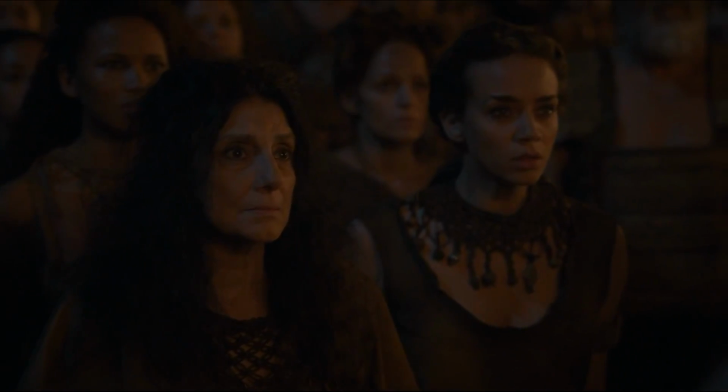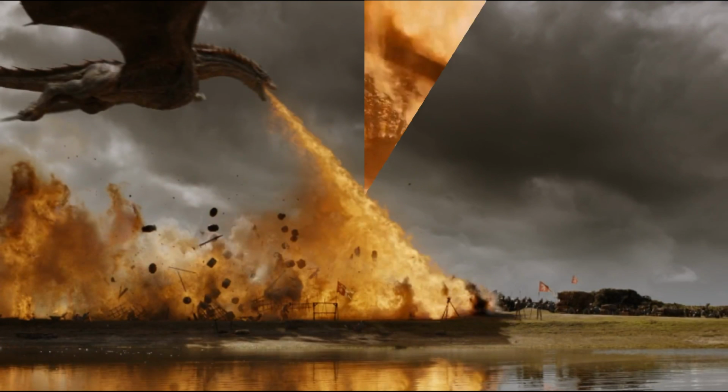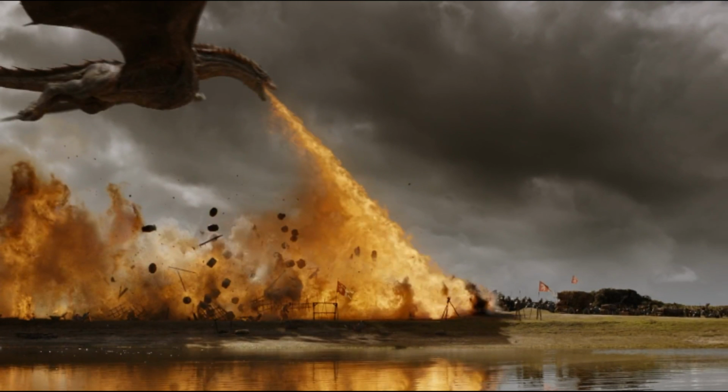I think this is a very exciting development because this could be a clue that we will see some dragon fire in the King's Landing area. Which does make sense because Daenerys and Jon are going to have to take care of Cersei at some point. And if they can't draw Cersei out of the city, then Daenerys and her dragons will most likely burn the